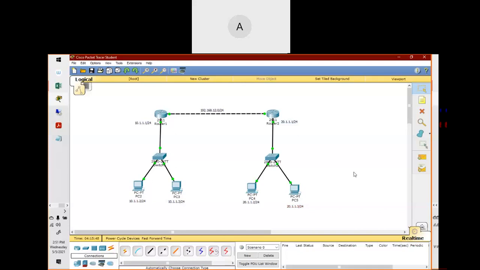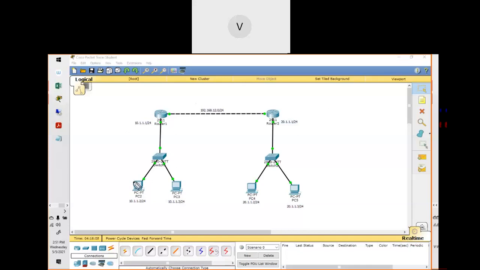Because these PCs are connected in different networks, and we didn't configure any route between them. Yes, we need to put the IP route configuration, source and destination IP. If I send some ICMP packet from this PC, where will it drop?